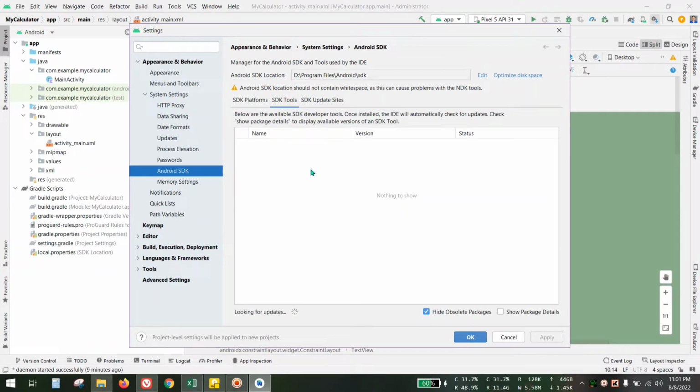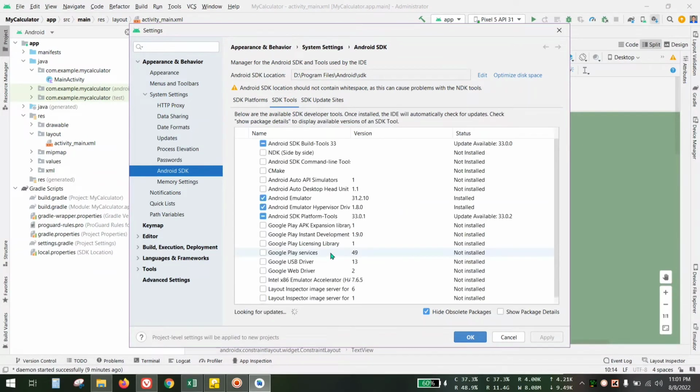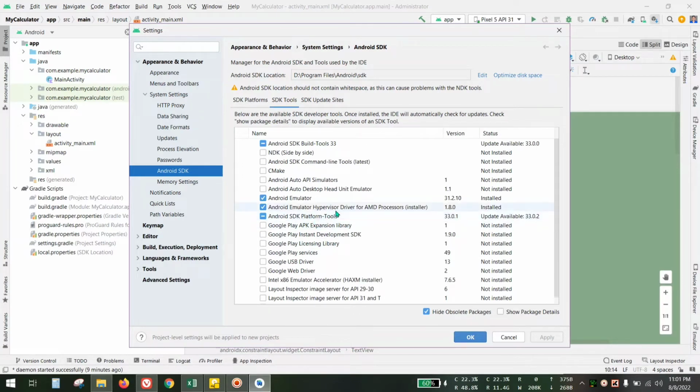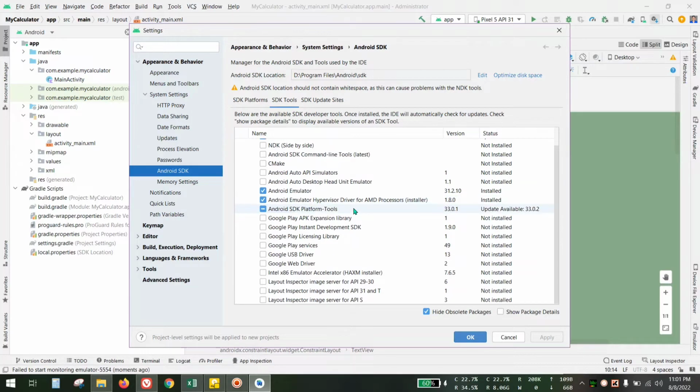This is the feature called emulator. There are some more features like emulator hypervisor. This is installed in my computer because my computer has an AMD processor. For running the Android emulator on AMD processors, the hypervisor driver must be installed. Otherwise, my performance will not reach the peak. That's why. Okay, you can see that I haven't installed these features like USB driver, Google Play services, Play Instant,